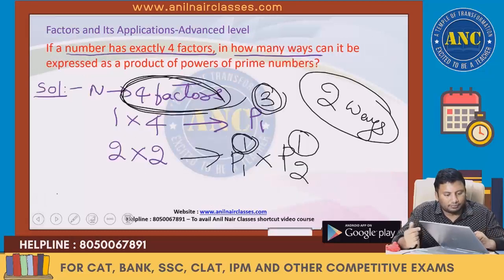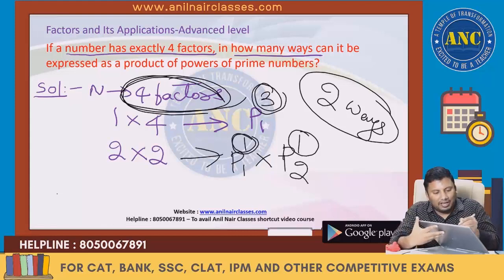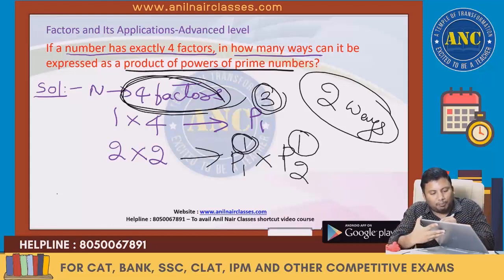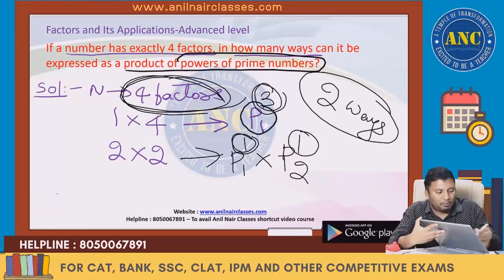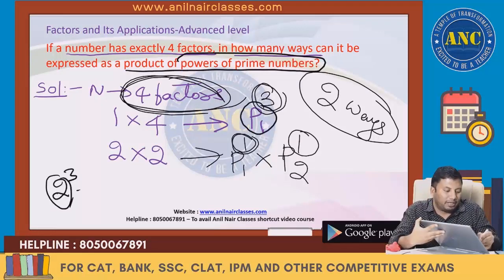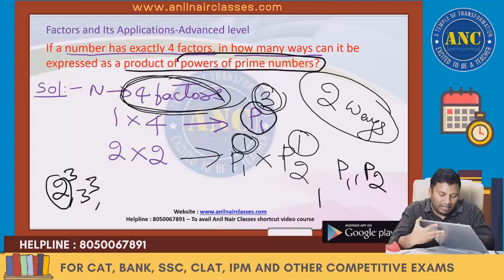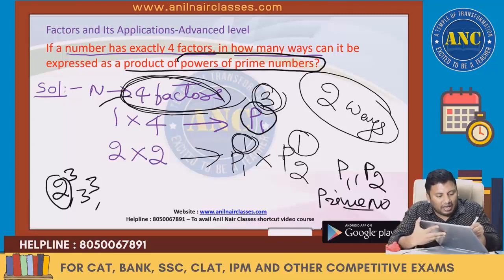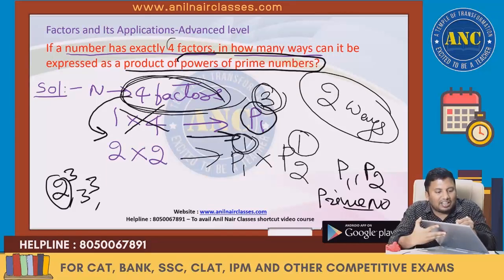Now see. It is written as the product of powers of prime numbers. P1 power 3, P2 power 3. It is written as a power of a prime number. 3 power 3. Here P1 and P2 are prime numbers. I am writing this to generate this form. This is not the number. This is the factor. 2 power 3, 3 power 3, 5 power 3.